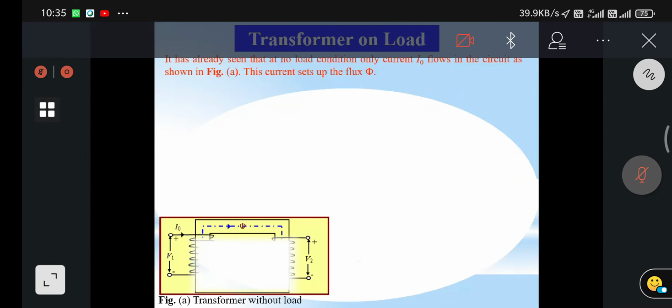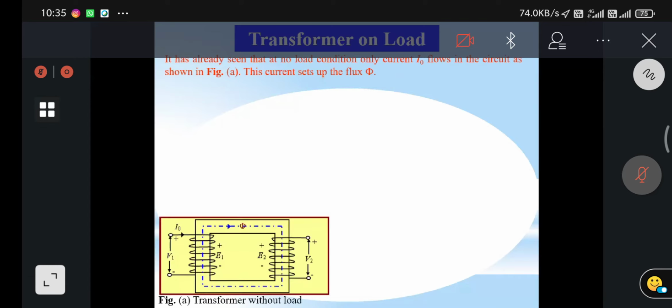You should always remember, when you are discussing no load and full load, first of all we have to know the ideal and practical. In the practical we have to know the no load condition. So when you are discussing the phasor diagram for load condition, first we have to know the no load phasor diagram. Then you can draw the phasor diagram for load easily.